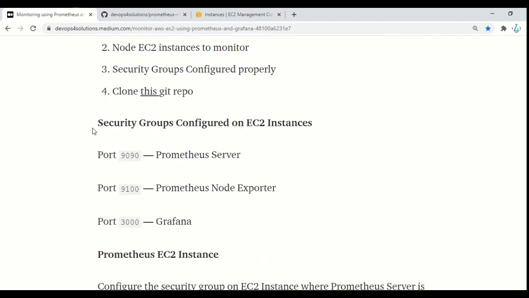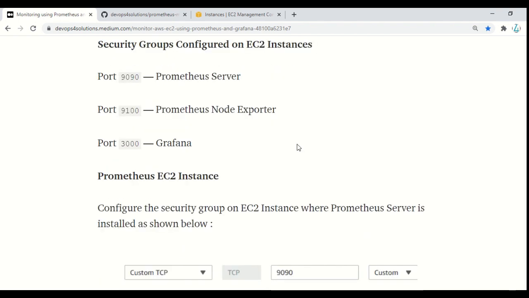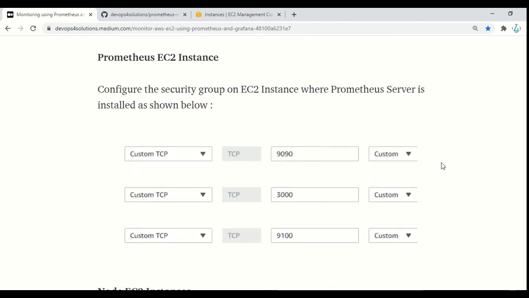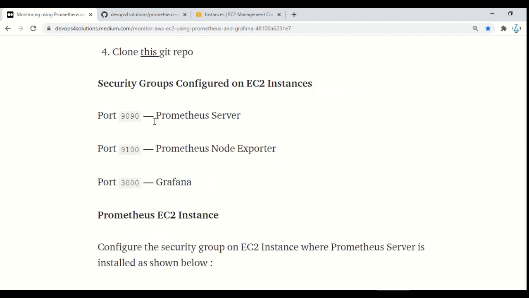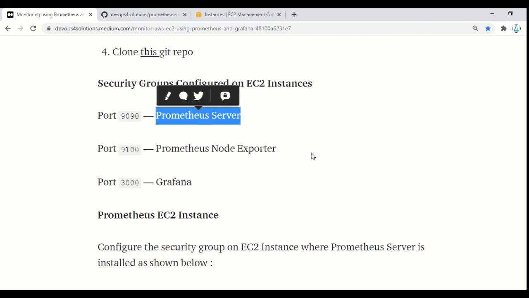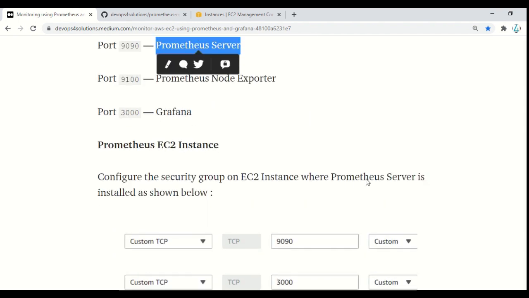You should configure the security groups properly so that both servers can access each other and can access the metrics by opening the ports properly. I have put how you need to open the ports, and here I have provided the details of which port is listening for the Prometheus server, node exporters, and Grafana. Based on that, you can create the security groups.